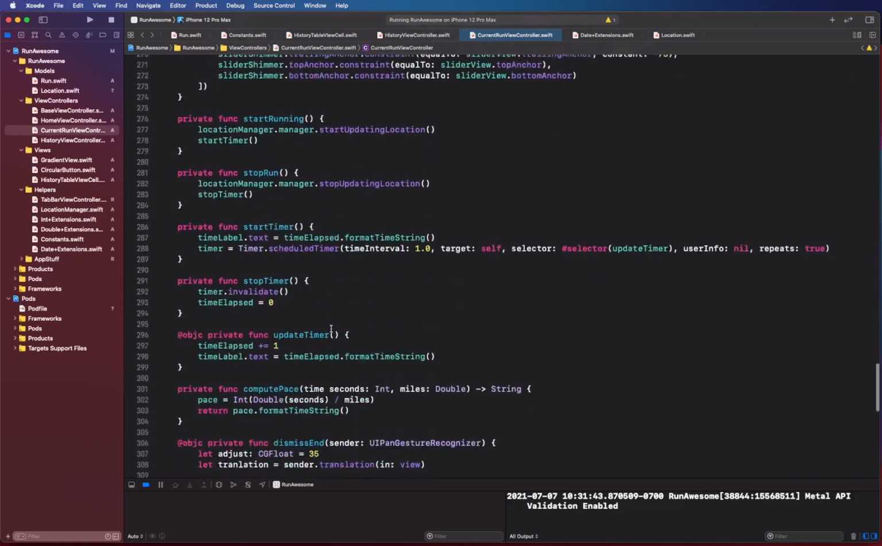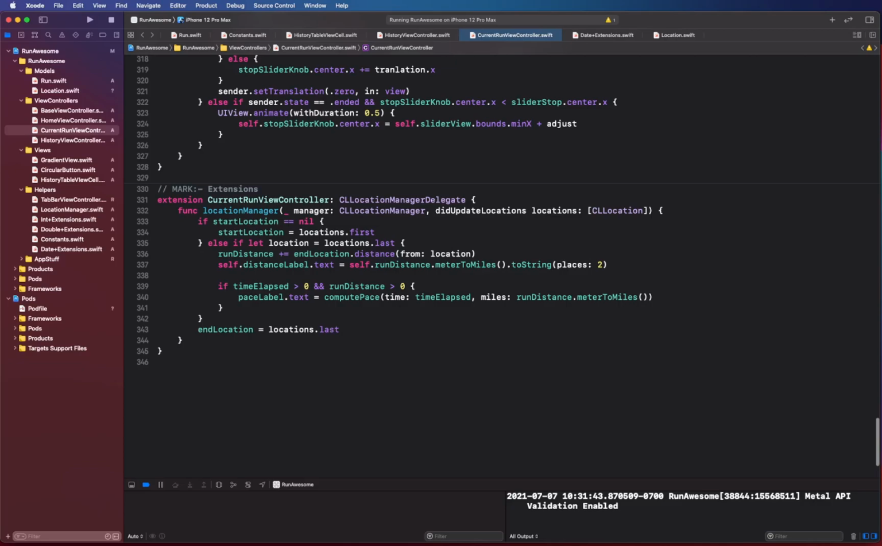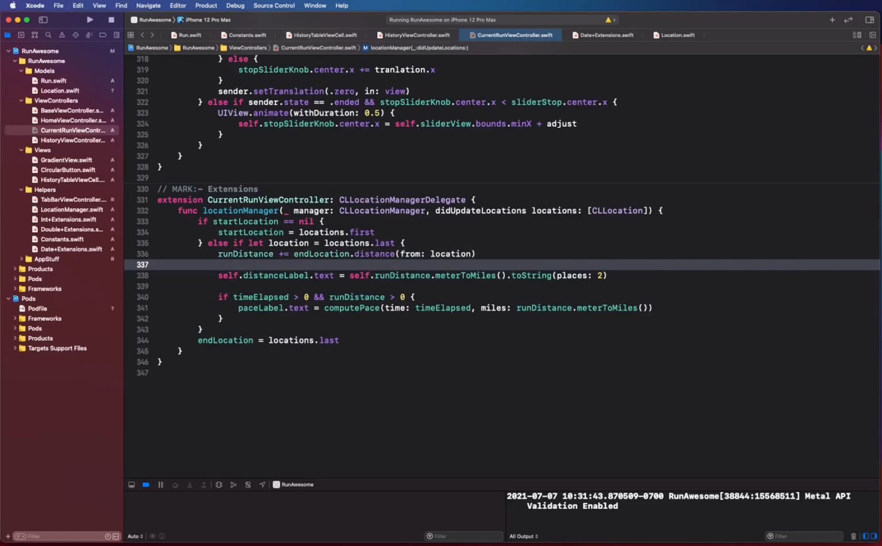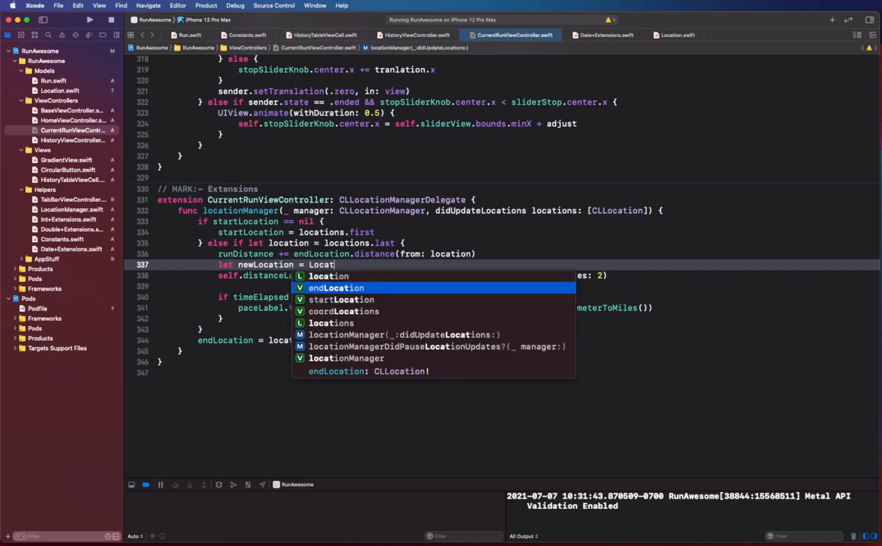Okay, and in the extension where we are actually getting the run, wherever we are getting the new distance, right here, after adding the distance, we are also gonna add a new location. Create a variable for the new location. Create a Location,